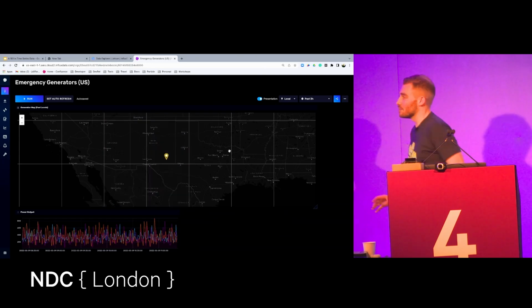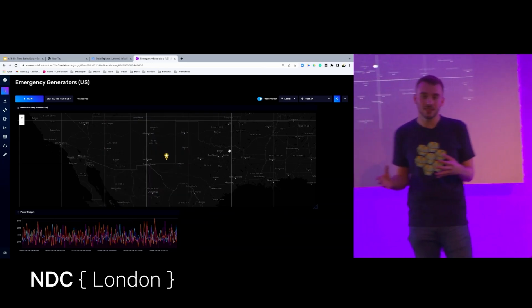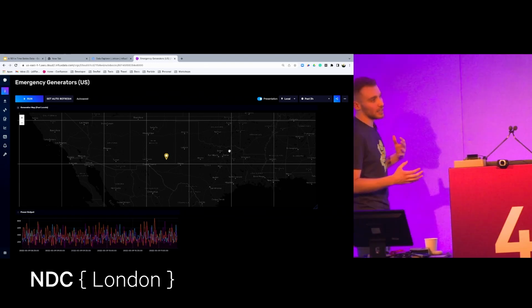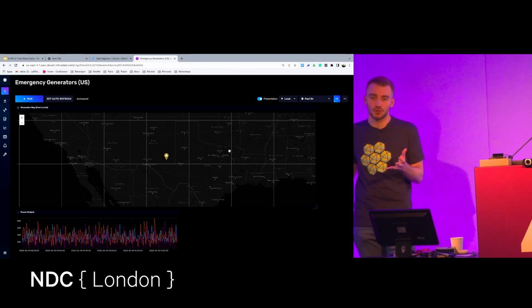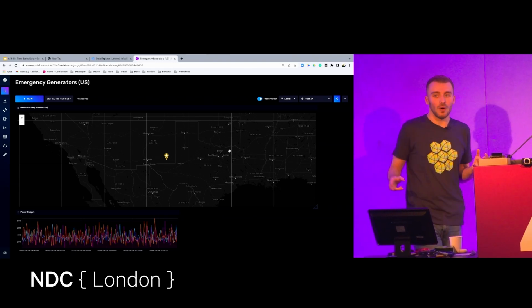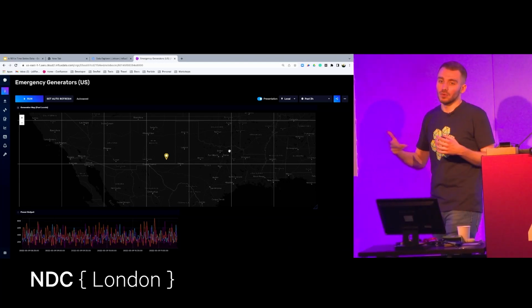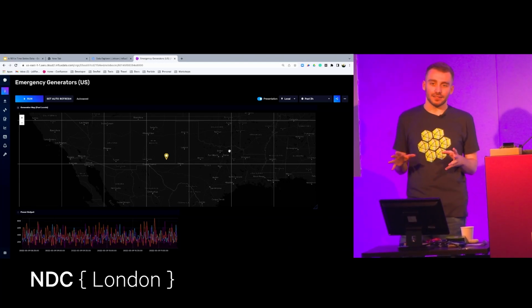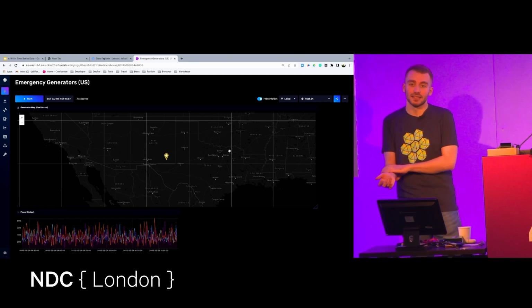So we actually do have a map feature, and we do have the ability to deal with coordinates and geodata. There was an example demo where we looked at migration of birds over a period of time. Now, if your coordinates are updating constantly, don't store them as tags. That would explode cardinality. You're completely correct.